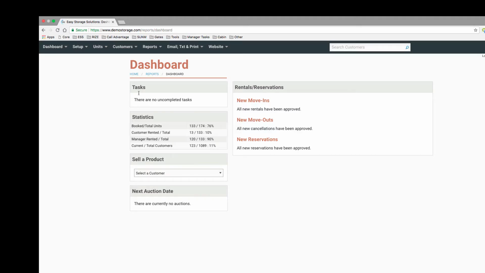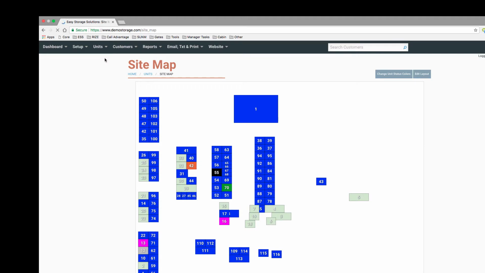In this video, we'll be going over the Unit tab here in this menu. Let's get started with the sitemap. If I click the sitemap, it brings me to a page where I can see the map of the facility